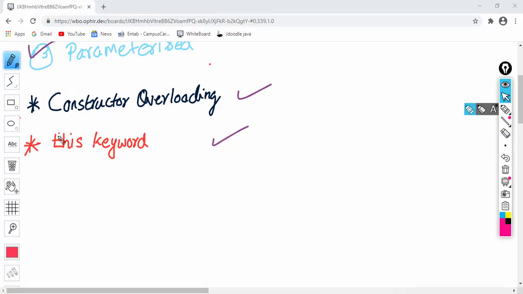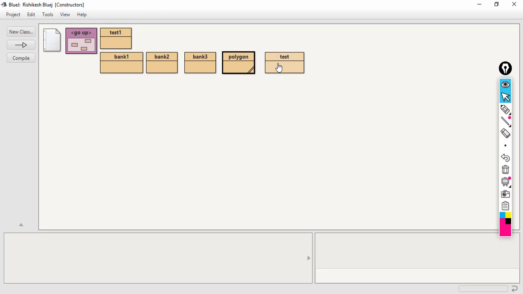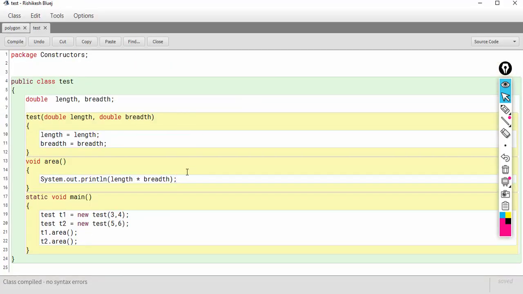Finally, let us discuss the this keyword. What is this keyword? Let's see the program. So let's understand the definition of this keyword. This keyword holds the address of the current calling object.